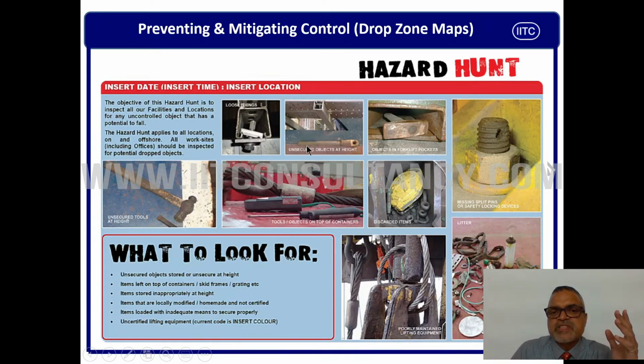You see here something loose; parts are kept over here at height and this may fall anytime. It is unsecured. You can see some hammers are kept in the pocket and some person has forgotten. This may fall. You see that there is no hook and springs are here and these nuts may unscrew and can fall down. You can see there are various small and big parts of the equipment, system, tools and tackles,